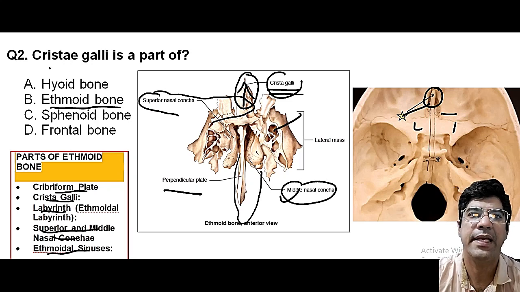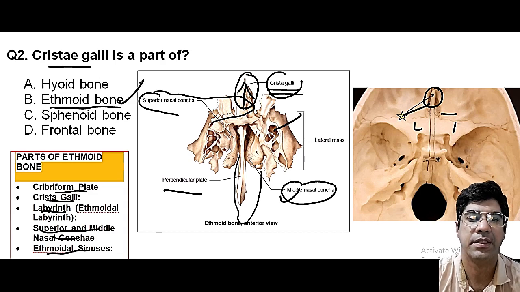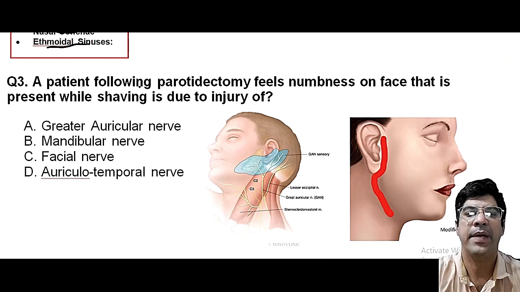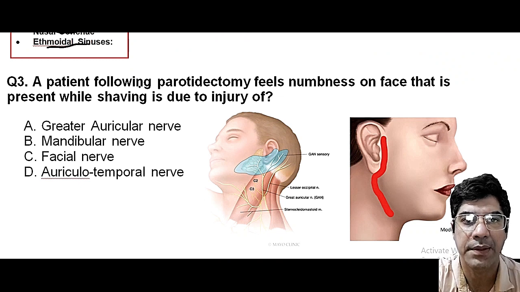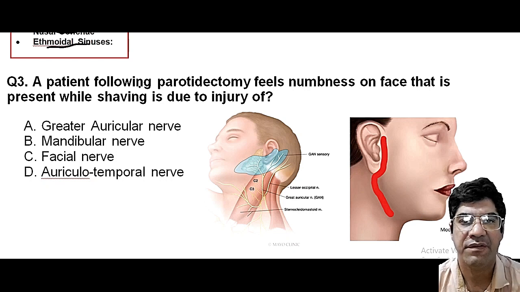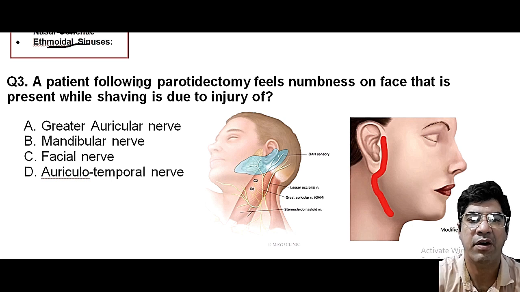So the crista galli is a part of the ethmoid bone. That's your answer. Coming to the next question, a patient following the parotidectomy feels numbness on the face that is present while shaving. It's due to the injury of